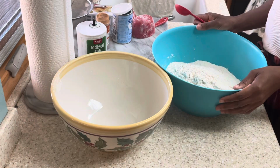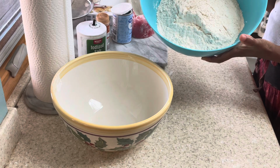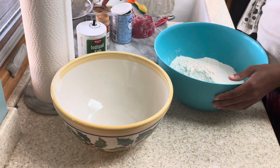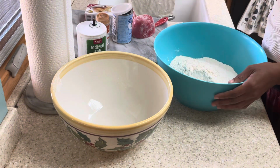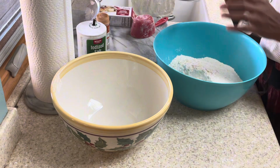Okay, ladies and gentlemen, currently I have 6 cups of sifted flour. And if you don't know what it means to sift your flour, just put it through a strainer. I don't know of any other way. And we are going to add to that